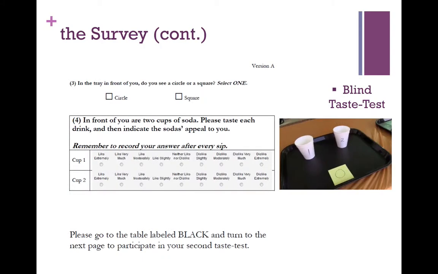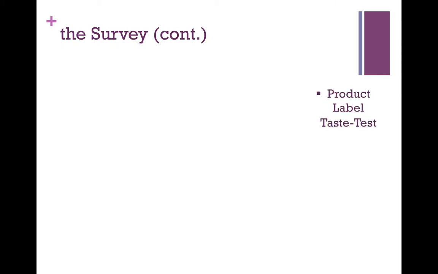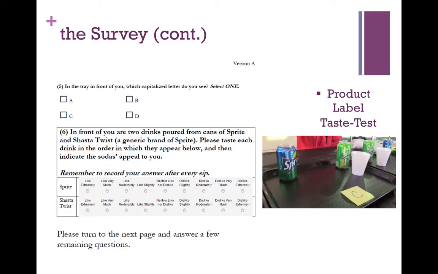This is an example of the page that represents the blind taste test. As you will see on the picture, we had a tray with a sticky note. Each sticky note had either a circle or a square. Then the participant would select which one he or she saw on their tray. After tasting each of the sodas in the two cups, the participant would record their liking of each soda on the survey, and then proceed to the other table for the second taste test,